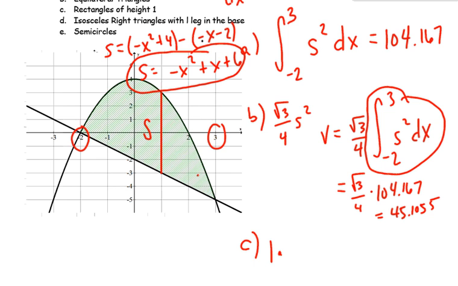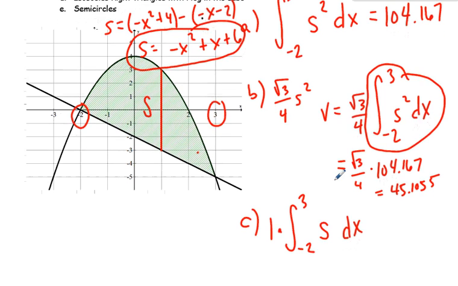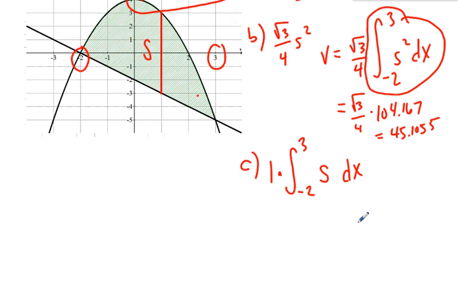It's pretty simple, so I don't have to show this, but I want to show it for the notes because if it was a rectangle of height 2, you would want to multiply your integral by a multiple of 2. So I'm still going to have from -2 to 3, and I'm still going to have s, but this time with a rectangle, it's not squared because it's just length times height, or length times width, sorry. So then it would look like this, and again, I don't have to write my s, and then when I reintegrate, you get